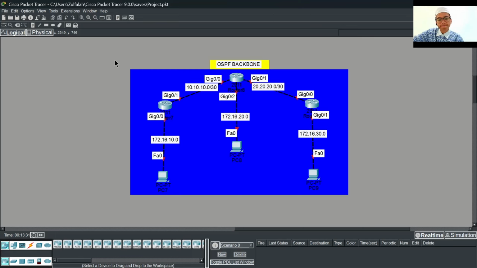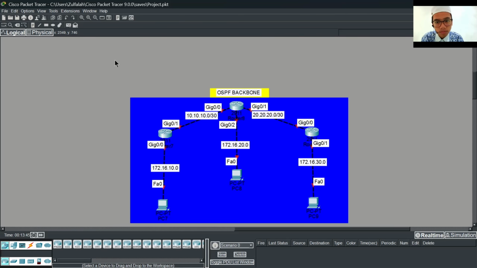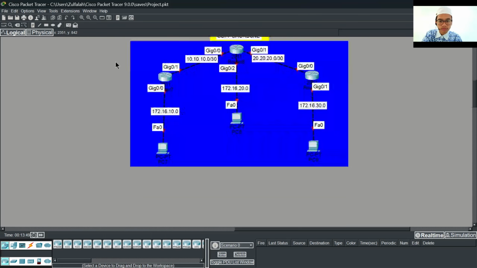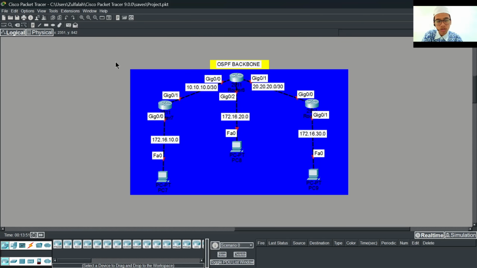OSPF uses a metric and chooses the shortest path to another network. So it uses the shortest route.